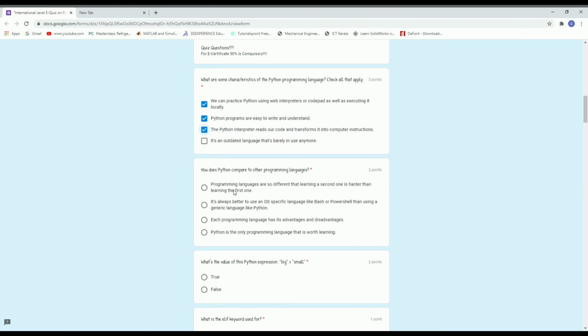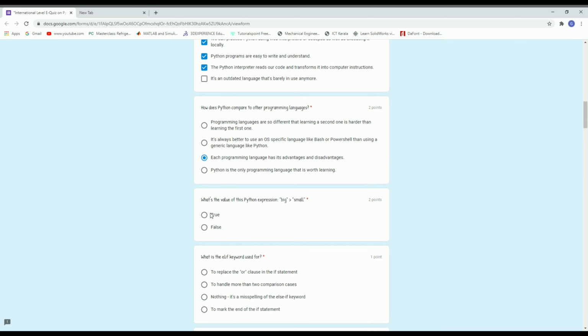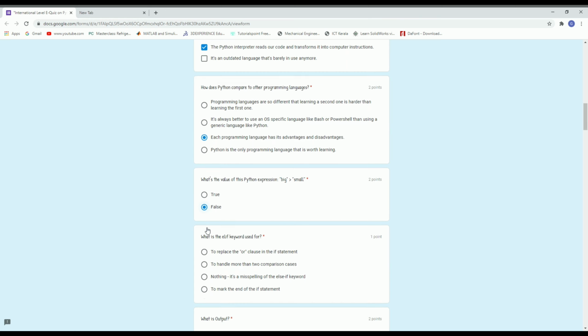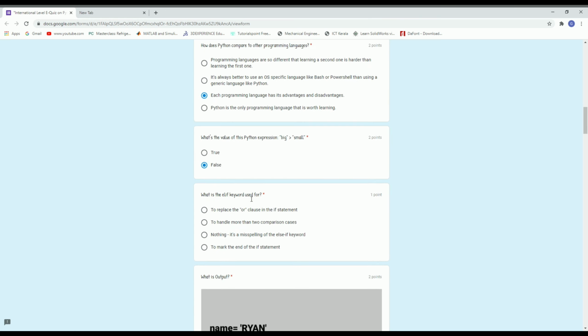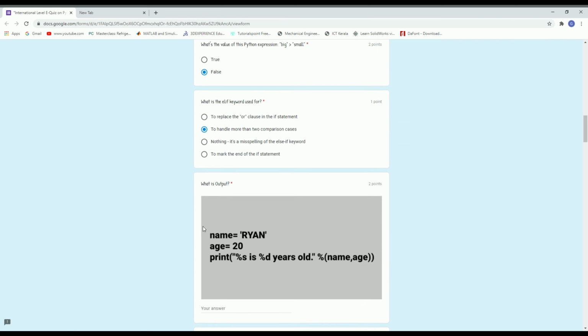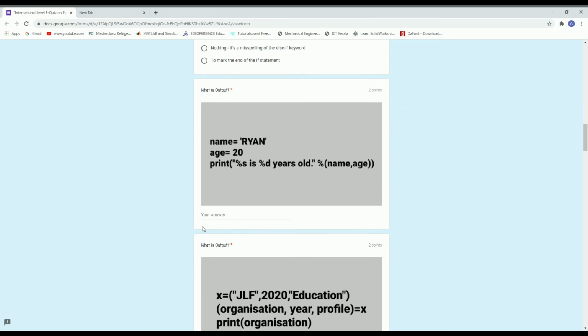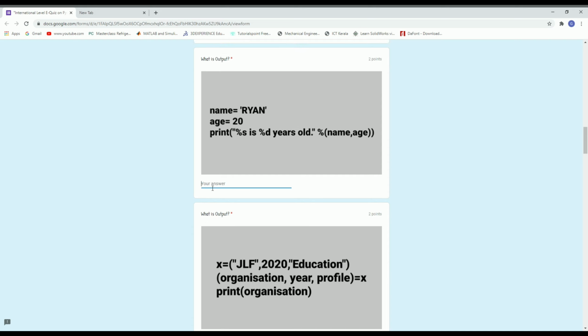Next question, how does Python compare to other programming languages? And the answer for this question is each programming language has its advantage and disadvantage. The answer for the next question is false. The elif keyword is used to handle more than two comparison cases, and the output for this is